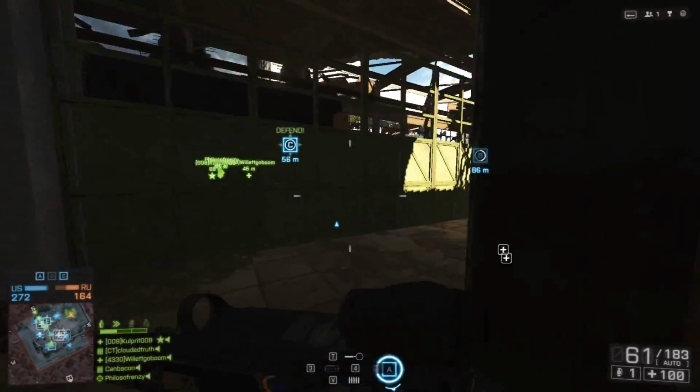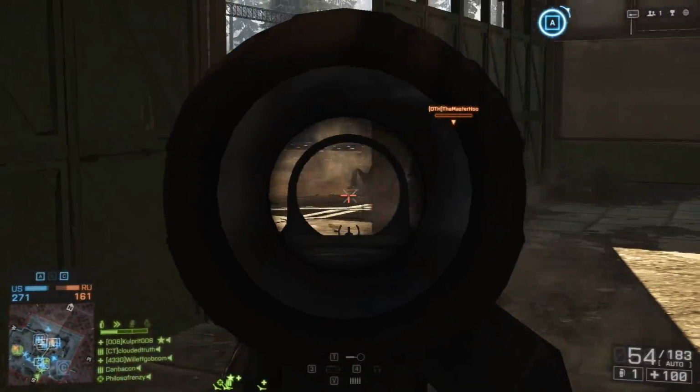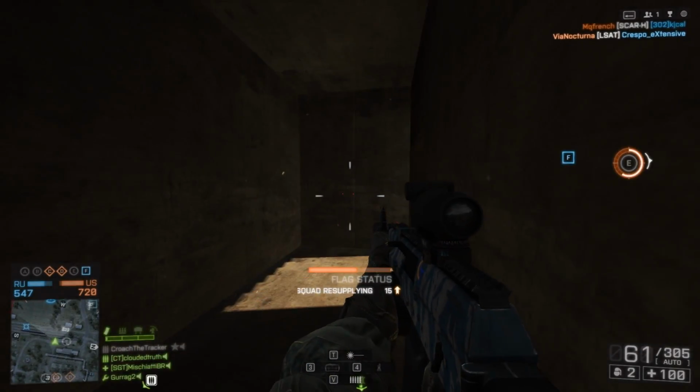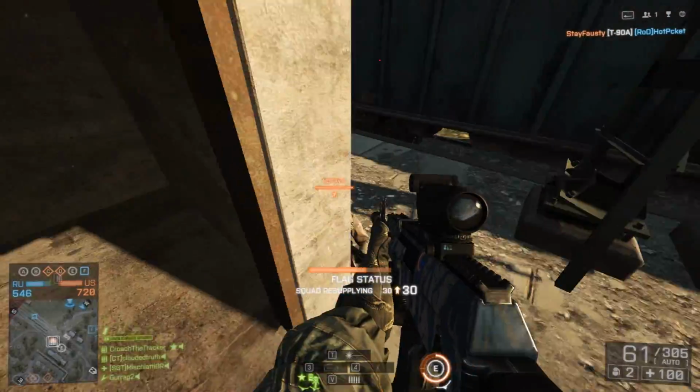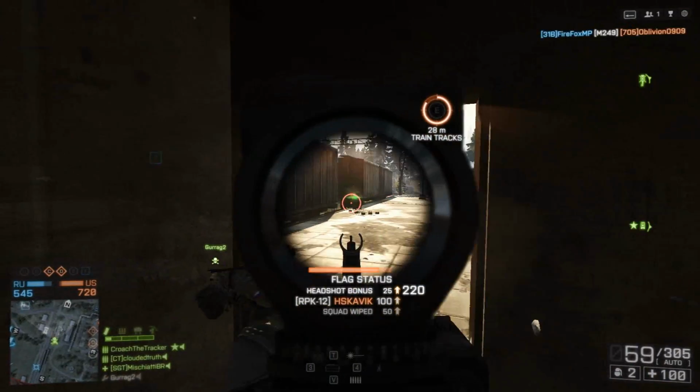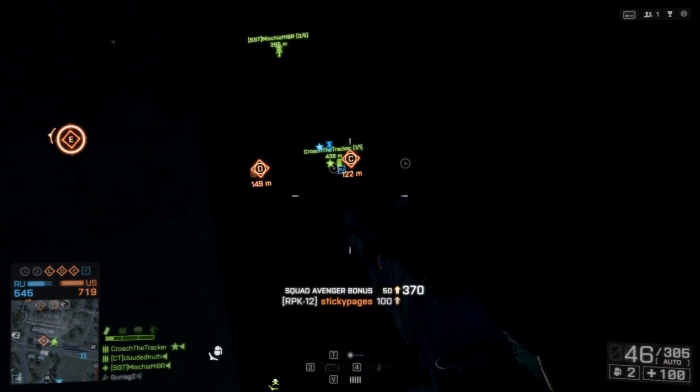So how about setups on the RPK-12? For me, it's the Cobra sight, 2x scope, the stubby grip, and muzzle brake. I've tried the heavy barrel and angled grip, and it doesn't really work well with this weapon. Certainly it is a longer range gun, but the heavy barrel does increase that first shot recoil, and I know the angled grip tones it down a little bit, but if you have the muzzle brake and stubby grip together,